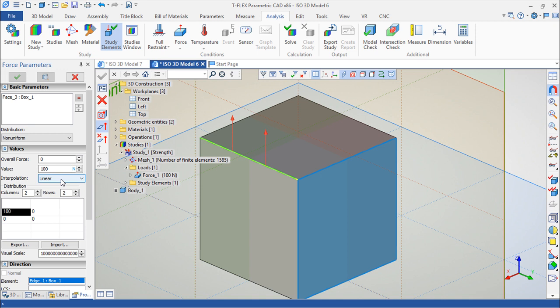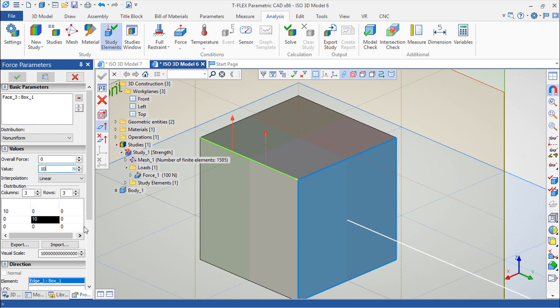So we can have kind of a matrix where we can apply these values. So we can say, for example, 3 by 3, and we can have, for example, let us say 10 in this one, so 10, I want to say 10 also here, and I want to say 5,